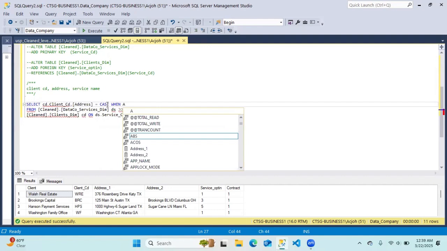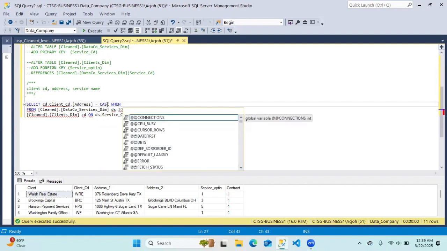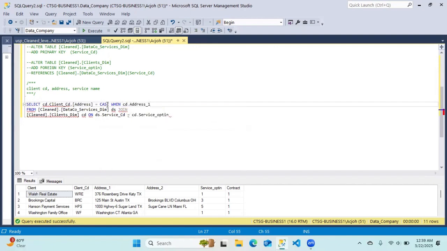Case when, what is that a part of? CD. When CD dot address line one, if it's blank equals blank, then we want to add CD dot address two